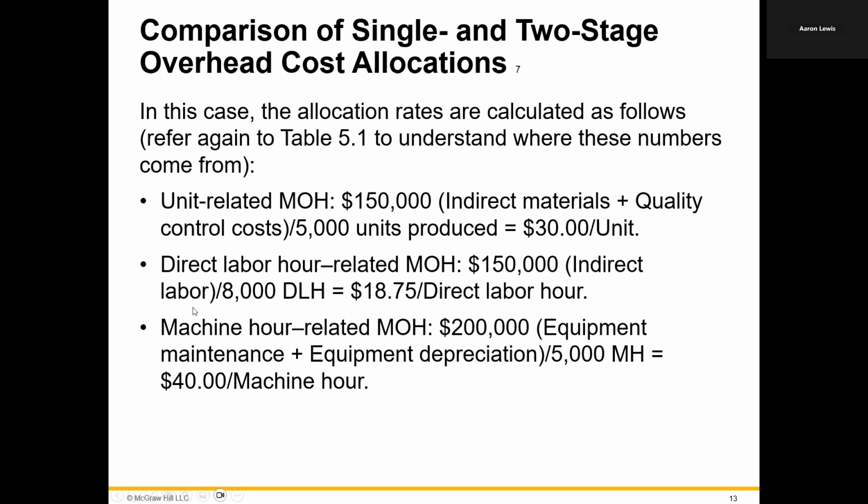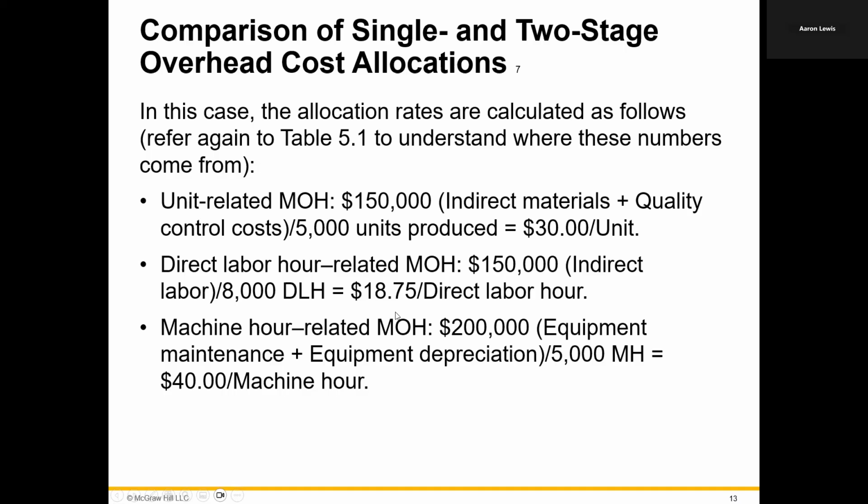For our indirect labor cost of $150,000, we would declare that our direct labor hours would be the best driver between the two different models. We're going to have to use 8,000 direct labor hours. $150,000 divided by 8,000 gives you $18.75 per direct labor hour. So for every hour laborers work on a respective drone line, not only are we assigning their labor cost directly to the model that they're producing, but we're also going to assign $18.75 of indirect labor coming out of this